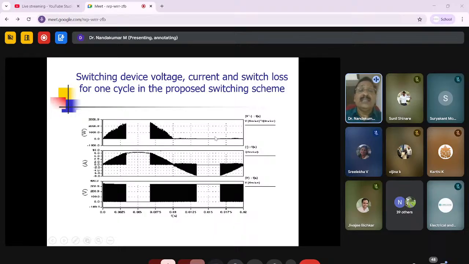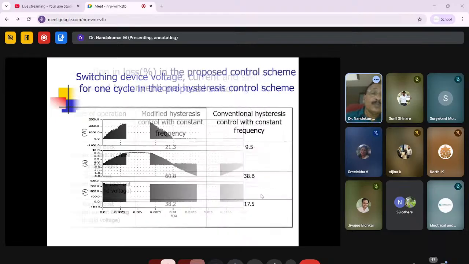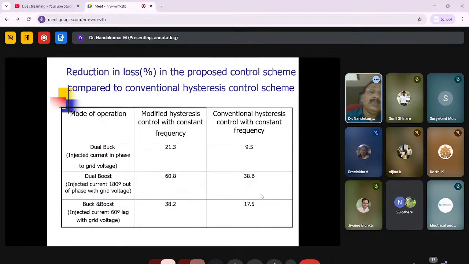In that case, we can say that the switching loss is reduced, because the average value of this is called the switching loss, and the switching loss is reduced much by this method, because at any instant of time, out of the 6 switches, only 2 switches are switching at high frequency. And I compared with the